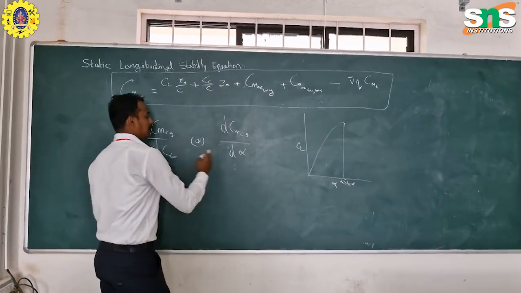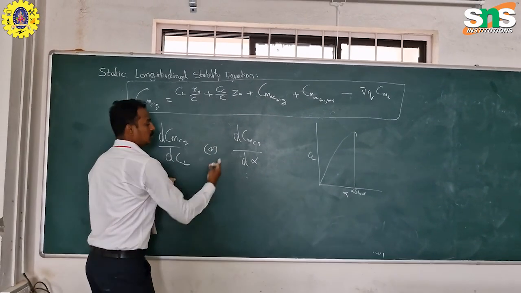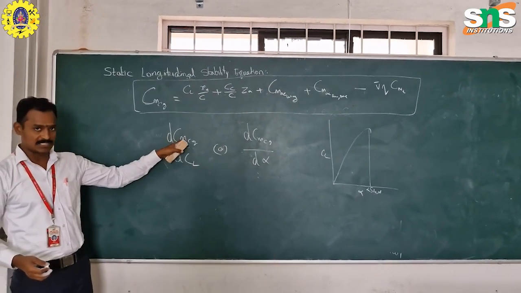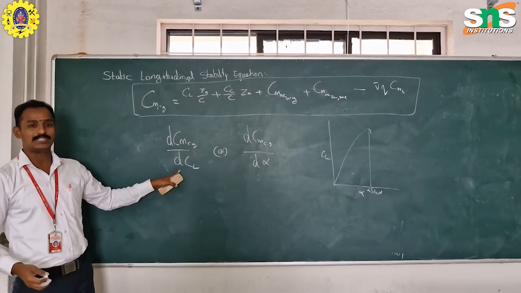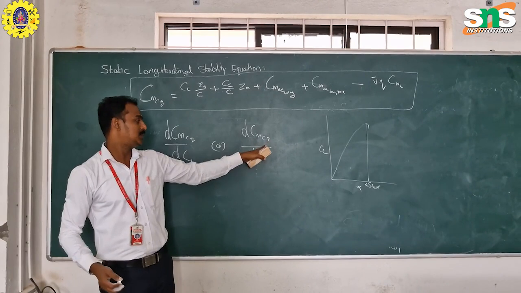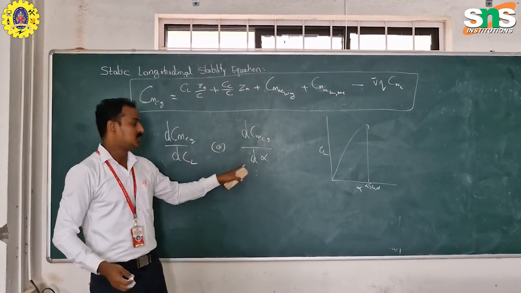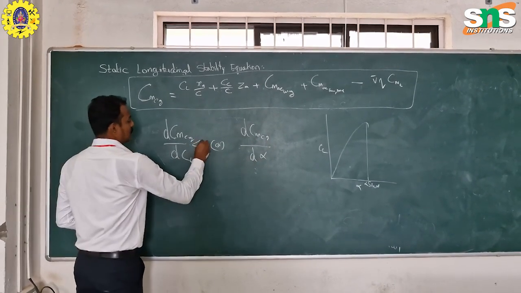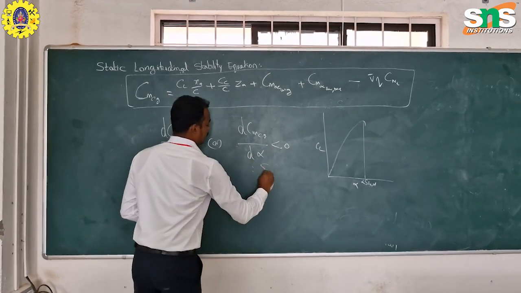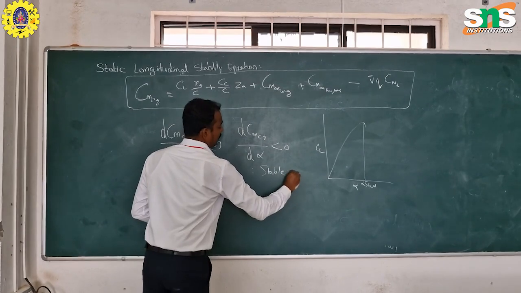So these are interconnected. The rate of change of pitching moment coefficient about the C G with respect to C L, or with respect to alpha, should always be less than 0, so that it maintains the stable condition